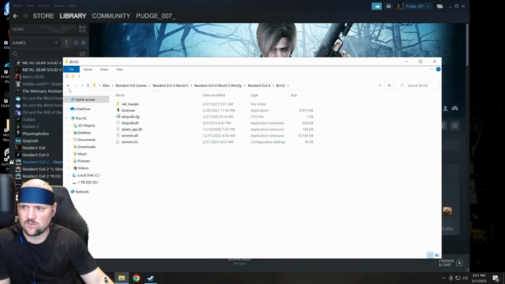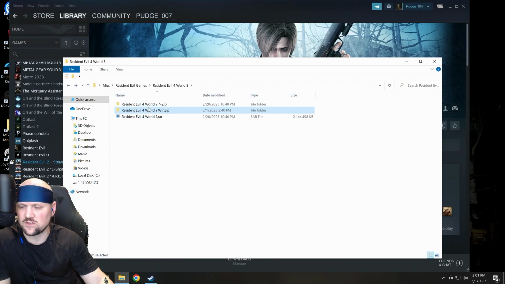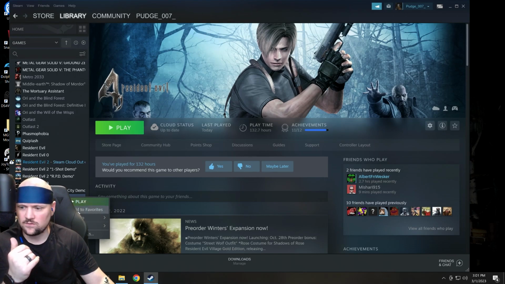So what I'm going to do is show you a quick rehash on how you would install this. I'm going to show you first what it looked like when I used the 7-zip file. So if you're having similar issues, you'll be like, oh, maybe that's what I'm having issues with too. So, say you have the game installed. You go to Manage, go to Browse Local Files,